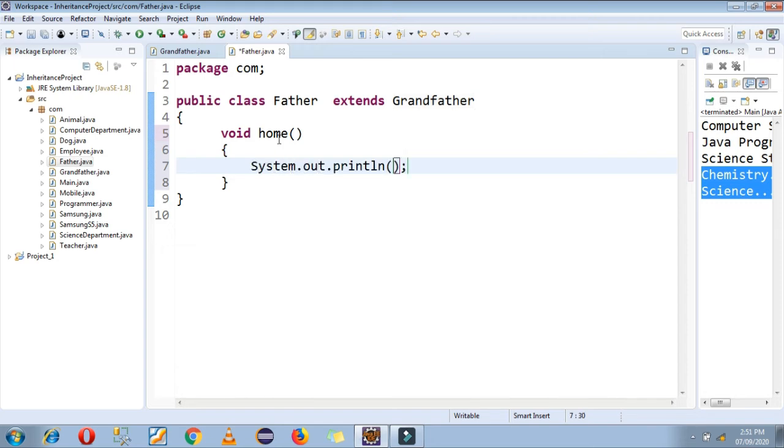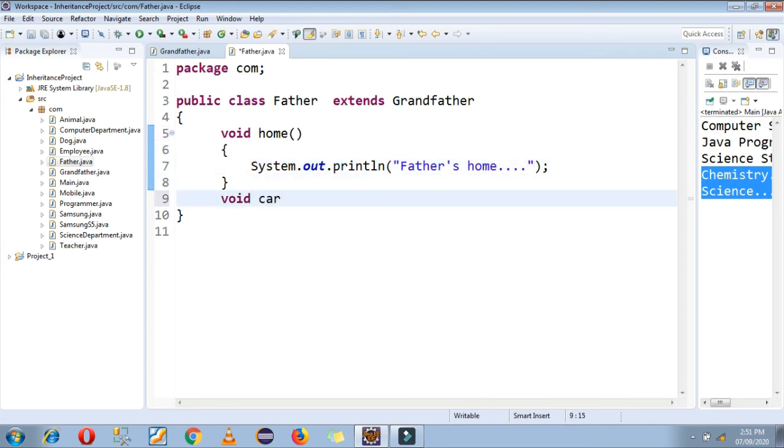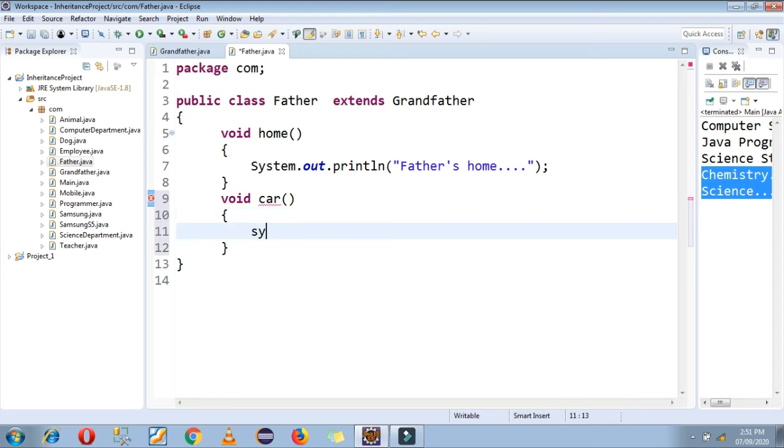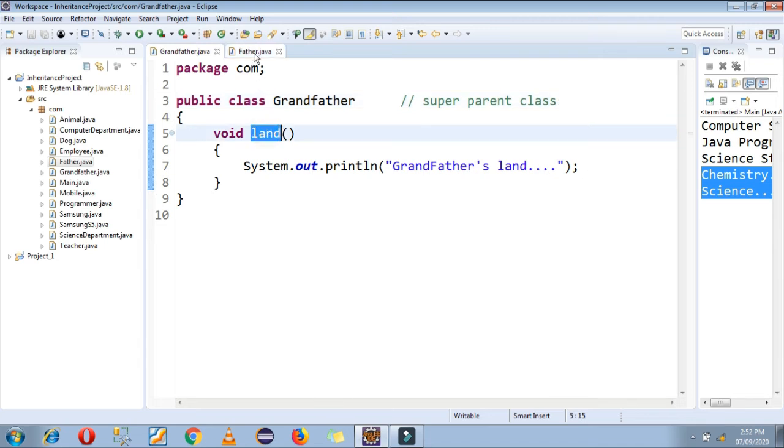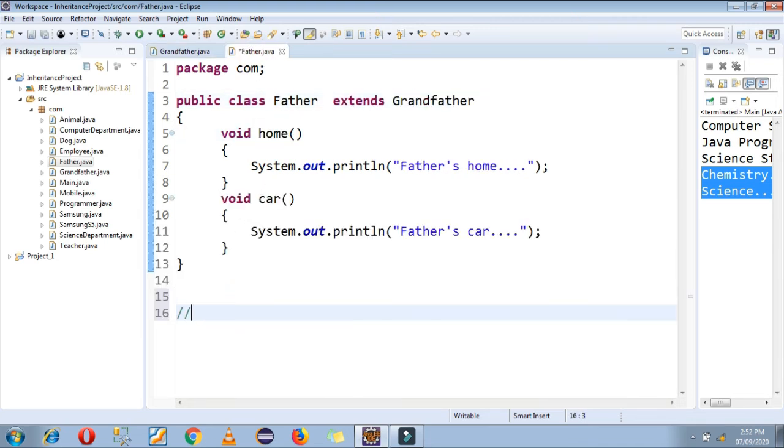First one is a home function, I am just printing father's home, and another function is a car, and in this function I am just printing father's car. So father has two functions now, first one is home and another one is car, as well as grandfather's property also, that is land. So totally there are three properties in the father class now.